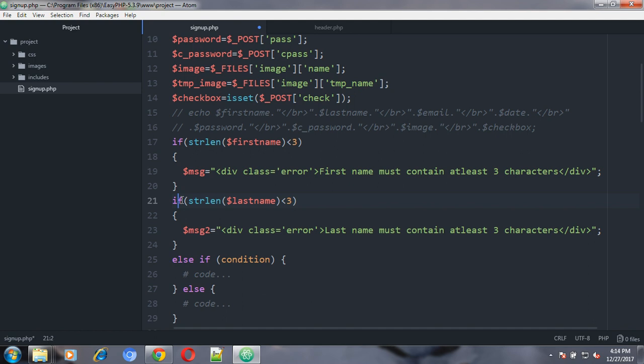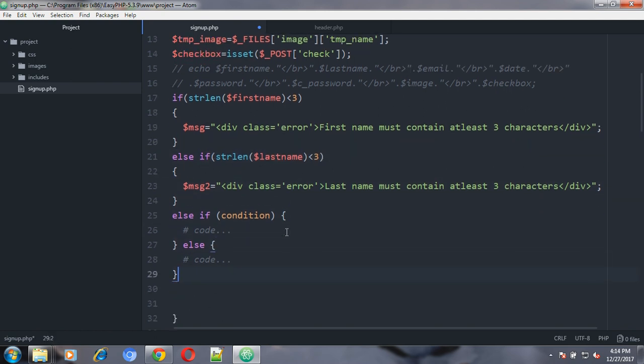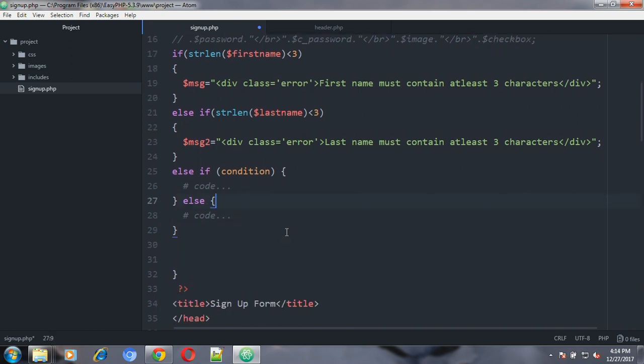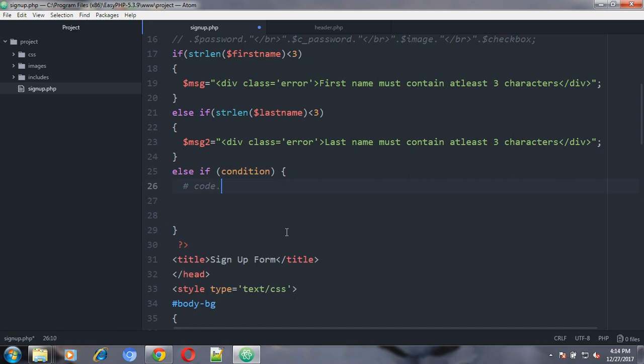Here we will use else if, means if this is correct, if this is wrong, echo this, or then it will go to the else side and it will check this thing. So we will use else if. Else we will remove it till now. Okay, now else, here we will provide if the